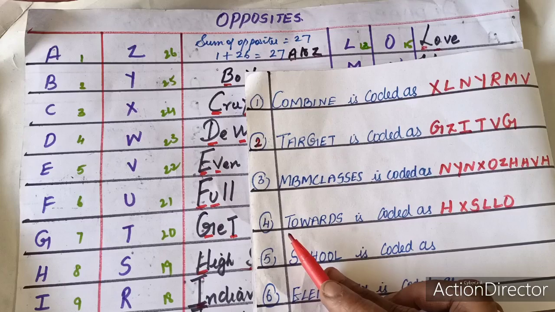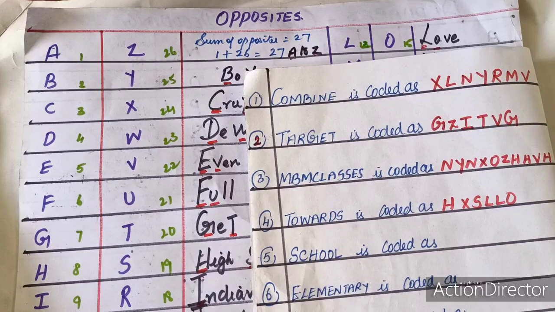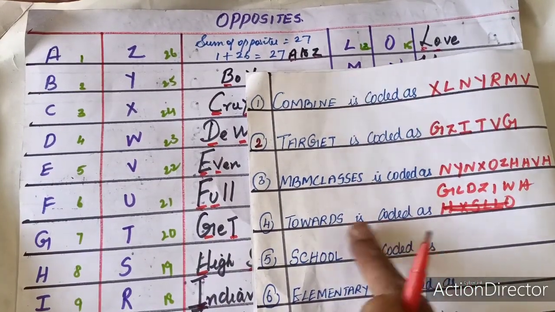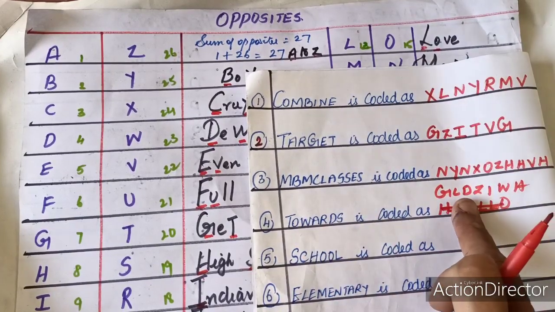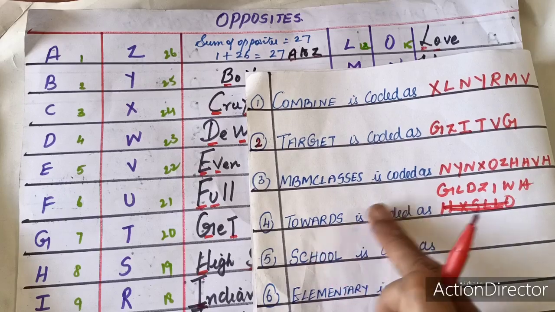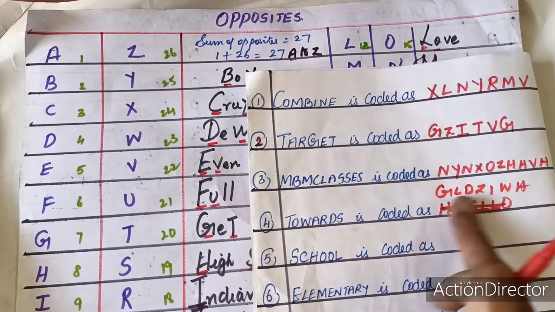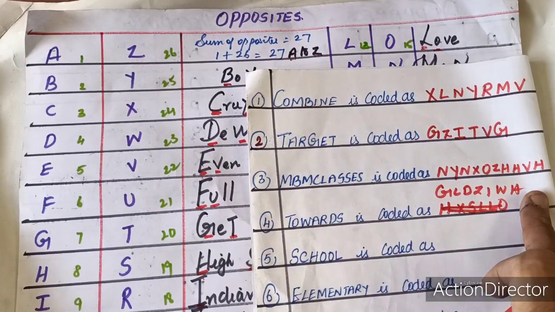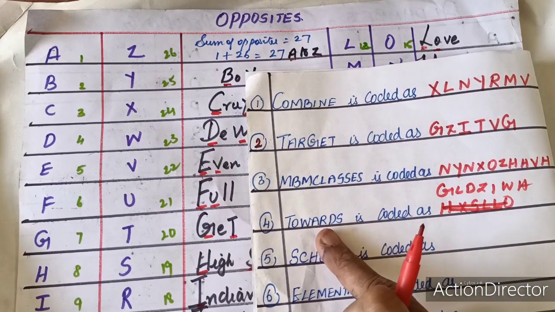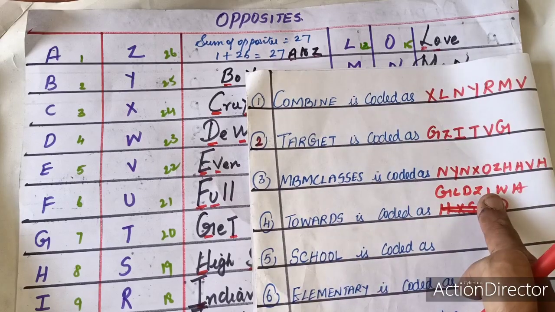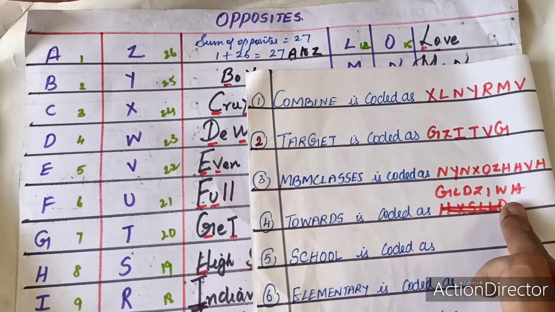Two words, get. So it is for two words, sorry, I wrote it wrongly. For T it's G, O it's L, W it's D, A it's Z, R it's I, D, dew, W, S, high school, H. So in this way, you can remember all these. Indian Railway, R also Indian Railway, I. So for R, it's I. So if you remember the words, you can remember the letters over here and write the coding on your own.